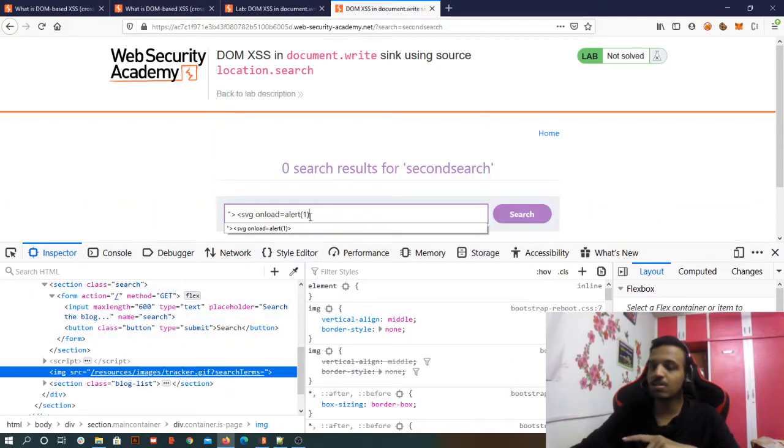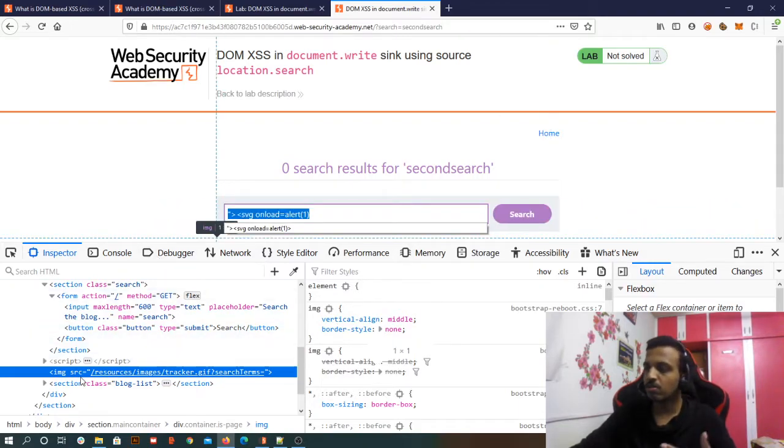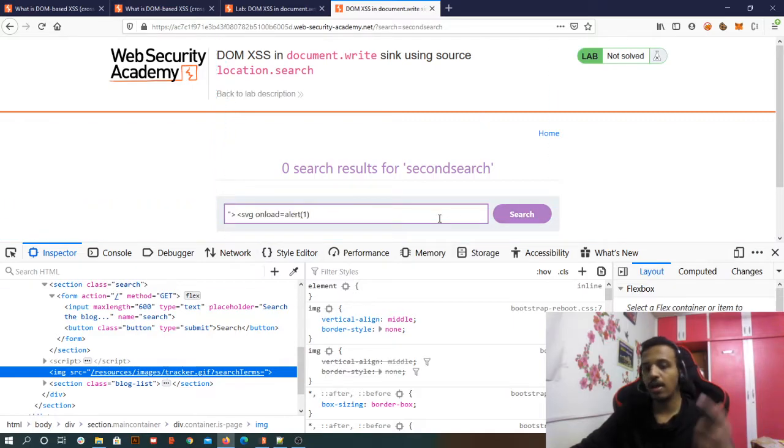So then this script is going to execute at that time, not after it loads and then searches for source. That's why it is not reflecting when I'm doing it here. But when I do it here, the new image is going to be created, and at that time the source is going to be searched. So let's click on search,